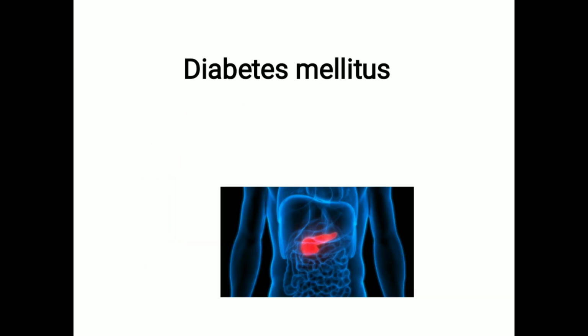Applied anatomy. Diabetes mellitus. What do you mean by diabetes mellitus? Deficiency of insulin which is characterized by polyuria. So diabetes mellitus, if there is a deficiency in insulin production, what will happen? You have seen, in cases like diabetes mellitus, there will be polyuria, polydipsia and polyphagia, glycosuria and hyperglycemia. The patients are susceptible to infection which are quite resistant to treatment. So know how diabetes mellitus is caused, because of the deficiency in insulin production. If there is a deficiency in insulin production, it will lead to diabetes mellitus.